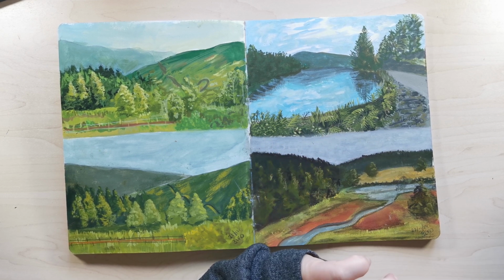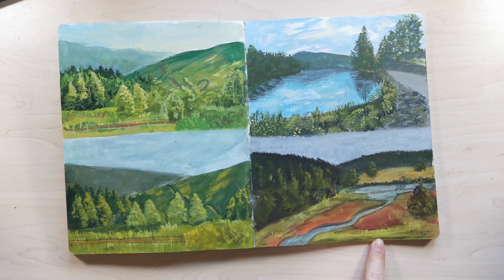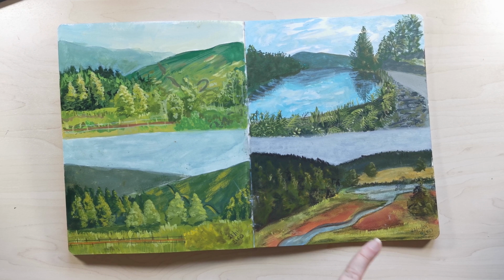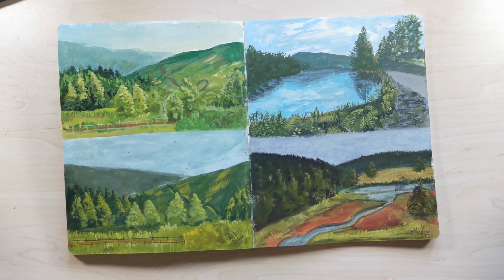That's why I've always been on the hunt for tiny little brushes, and I buy an abundance of them and it just fails. Also really like this painting. It actually has a lot of soft pastel in it, and I think that soft pastel really does help me get the contrast. So all of this is done with soft pastel, all of the black,